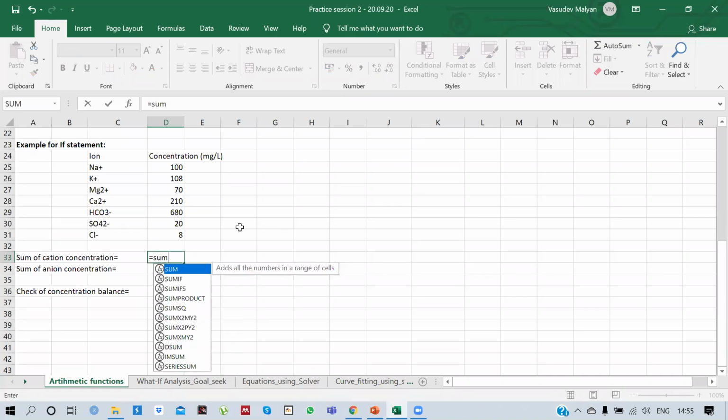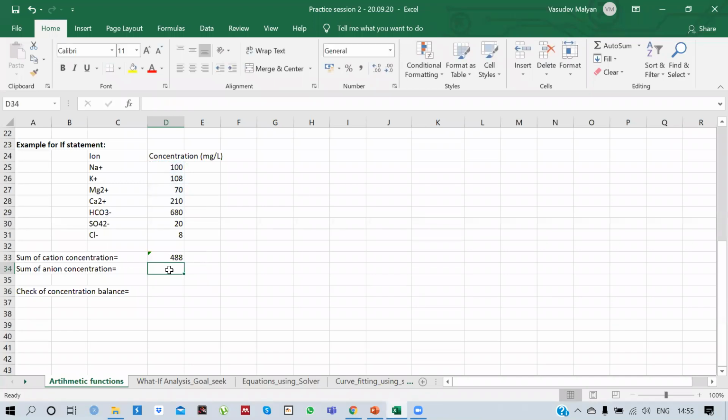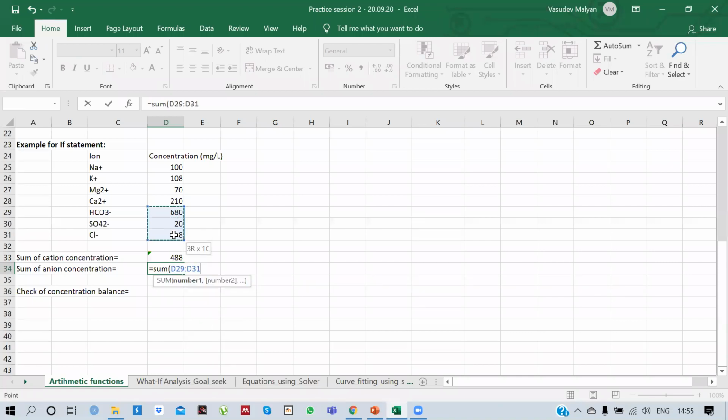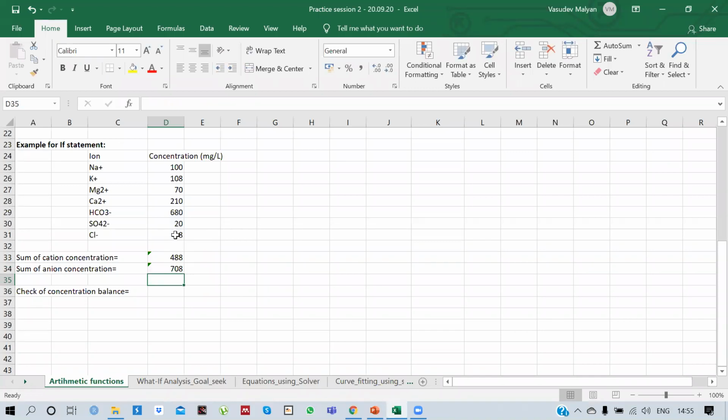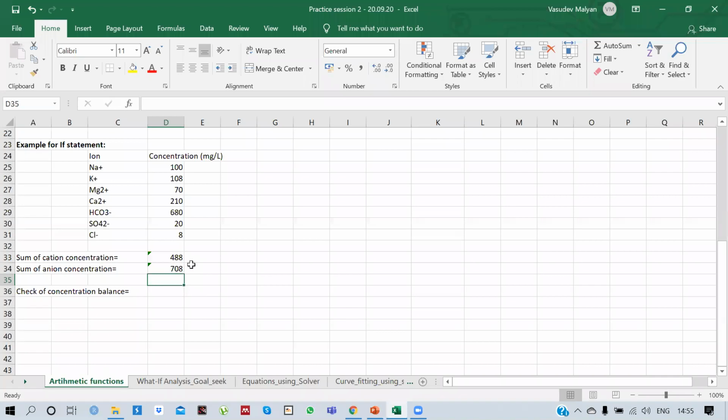We will use the sum function and take the concentration of all the cations, not anions, only cations, and sum this. Similarly, we will take the sum of all the anions, which are these. So I have this, and you can easily tell me that the concentration balance is not there.